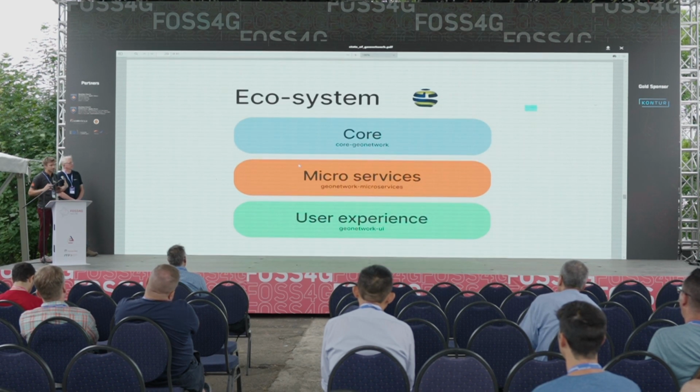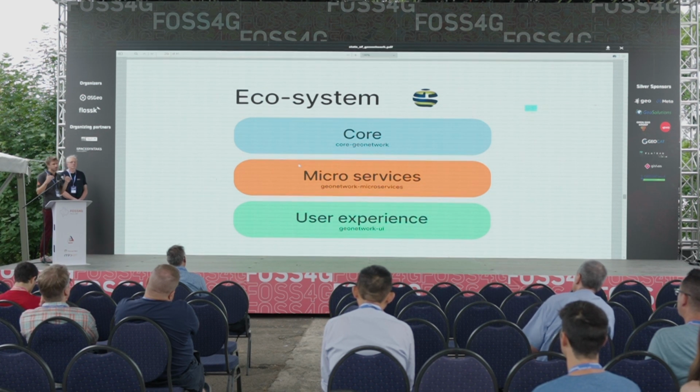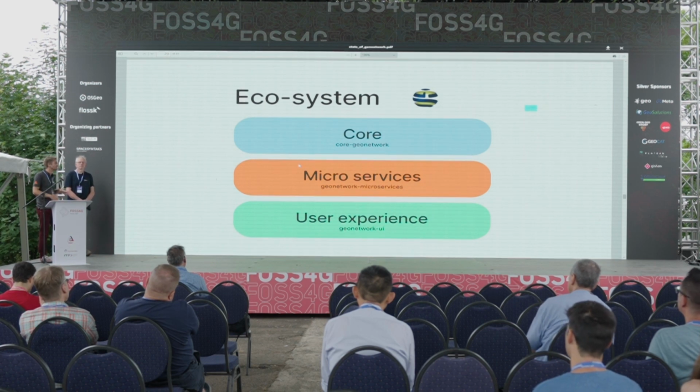So it's how we see the ecosystem of GeoNetwork right now. So we used to have a huge monolith, which is the core, and we try to lighten the core and move some of the features to microservices when it's backend services. For instance, the OGC API records or indexing. We try to have a constellation of services, and we have the user